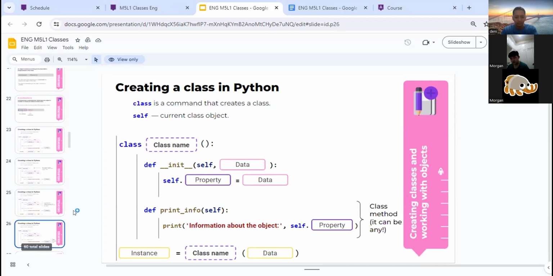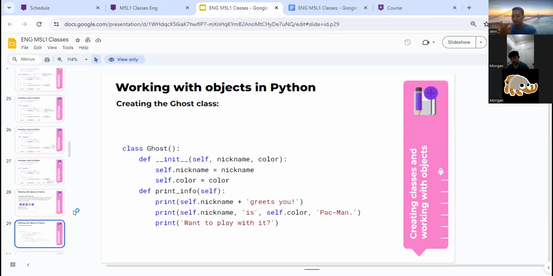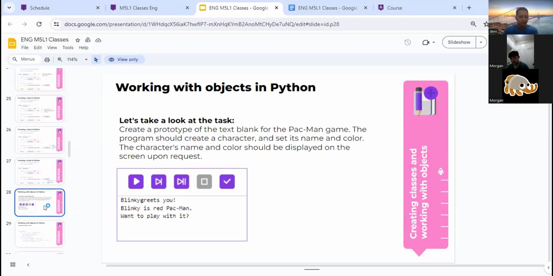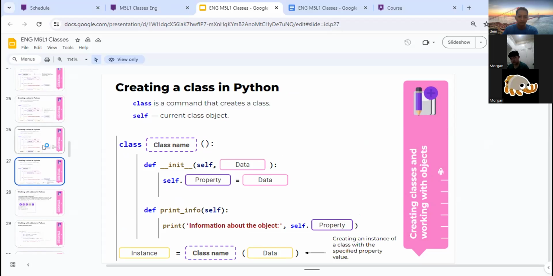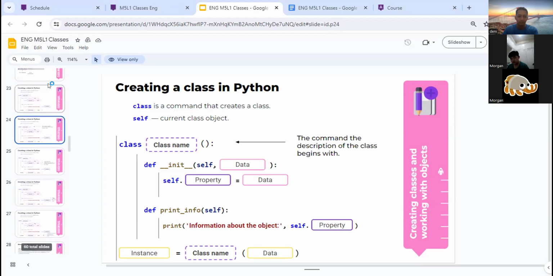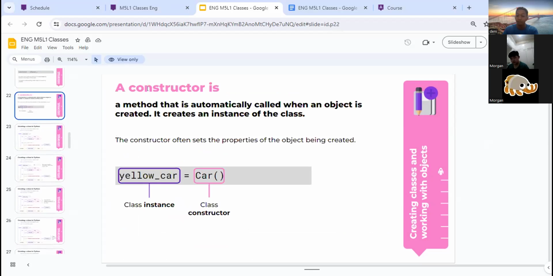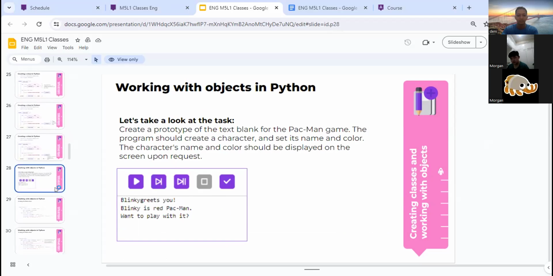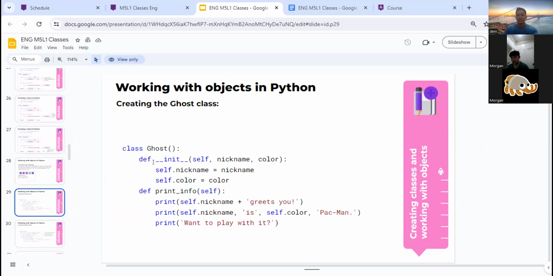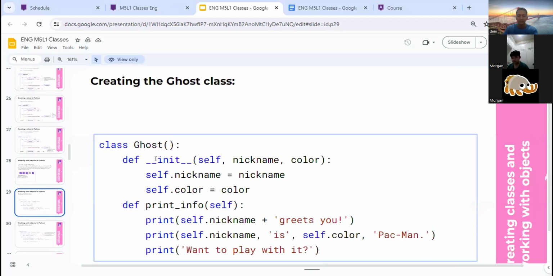Let's go to an example. I have class Ghost. Here's the constructor, def init. As you can see, we have two underscores before and after init.